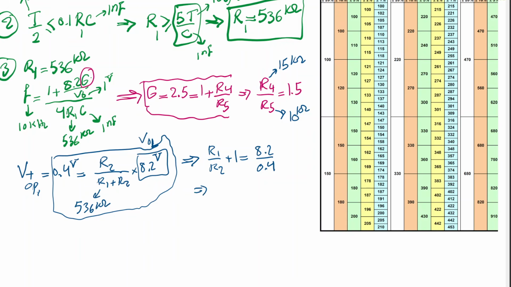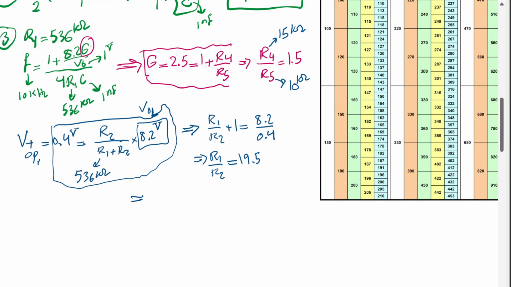And from this calculation, we get R1 divided by R2 should be equal to 19.5. As a result, R2 should be equal to the 536 kilo ohm R1 divided by 19.5. If we compute that, 536 divided by 19.5 is